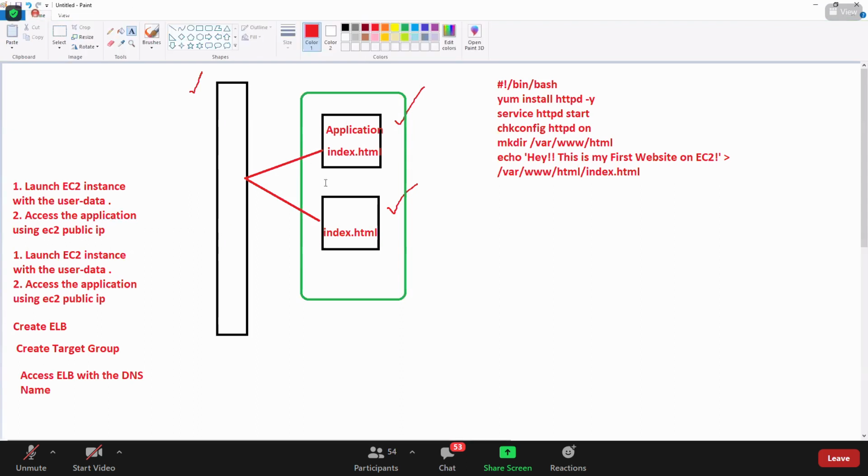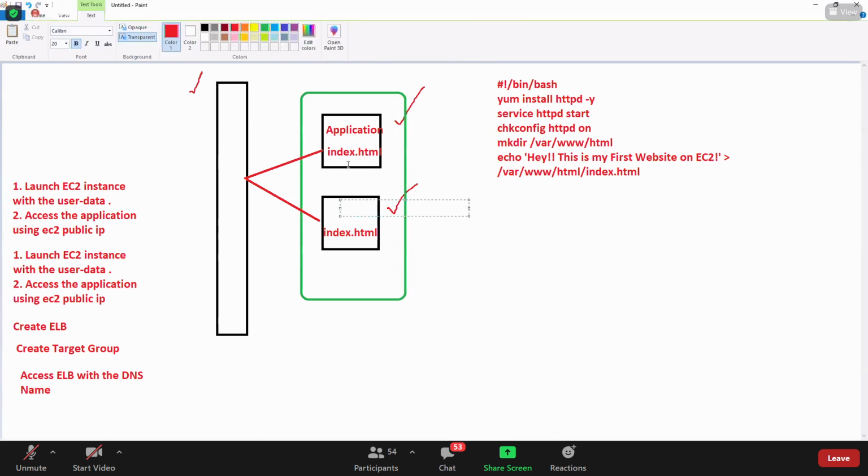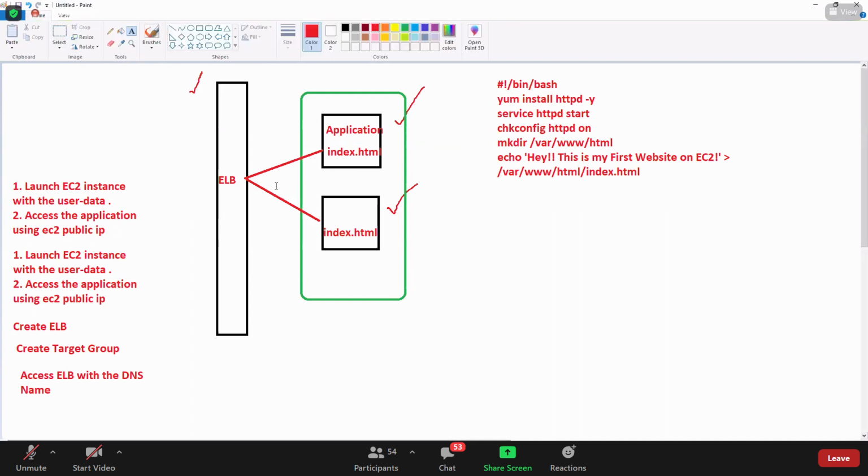Just wanted to check if this works or not. And the same thing we do here. And then once these two are working, we'll create an ELB, Elastic Load Balancer, and try to attach this EC2 instance to this. And then we'll try to access the load balancer. Okay, let us talk more on this script.